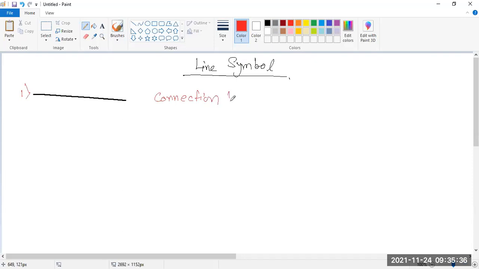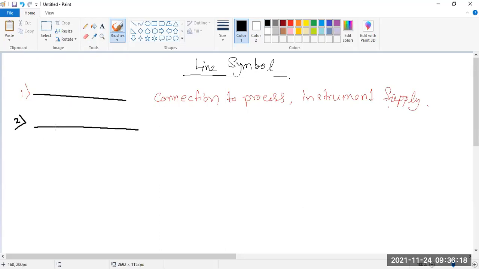Connection, always process supply line. Sorry. Supply. If it looks like this, just like in your previous panel, you can see this type of lines,